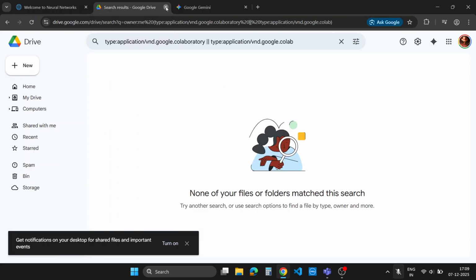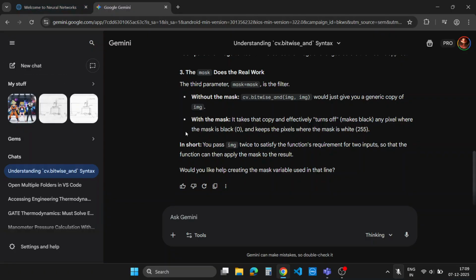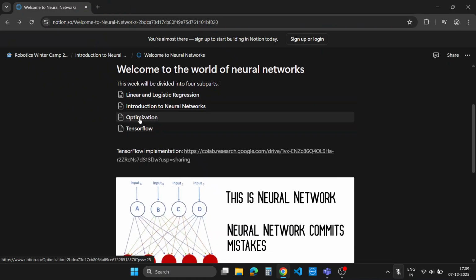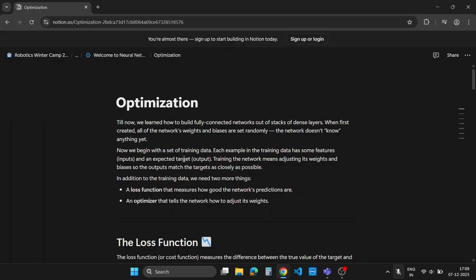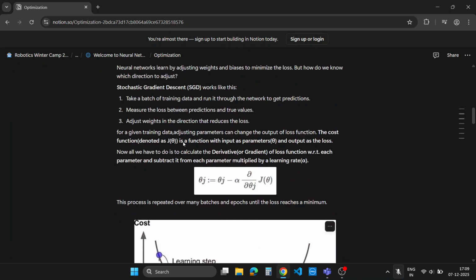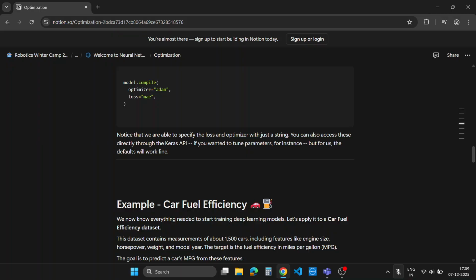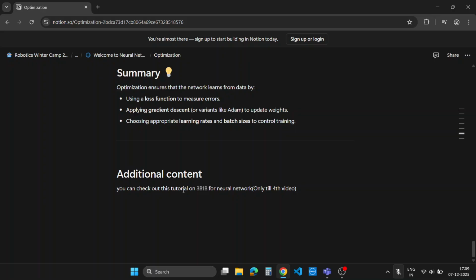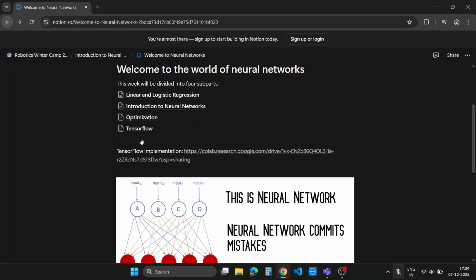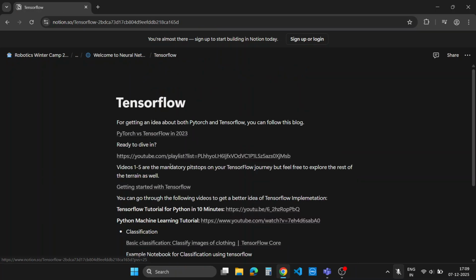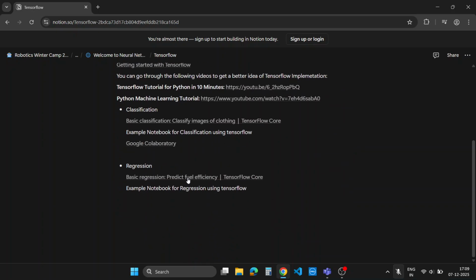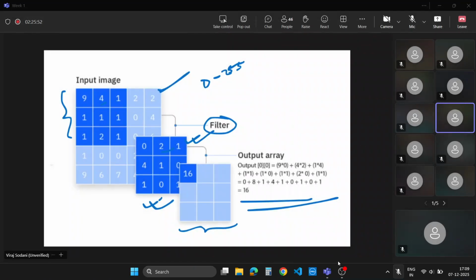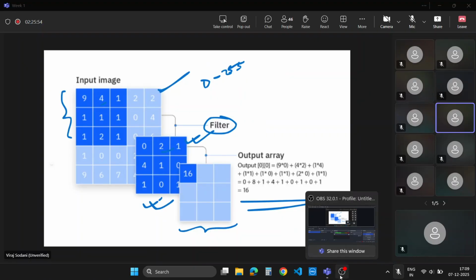Okay. So the first element here is 16, like 9 into 0 plus 4 into 4 into 2, so all this corresponding multiplication. And so we have done two things, that is, to compress the input image. We also don't want to lose our data. It's not possible that you just cut the image, just crop it and put it into the model to train. So you need to also